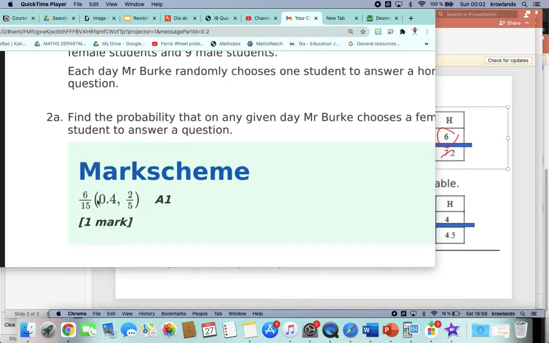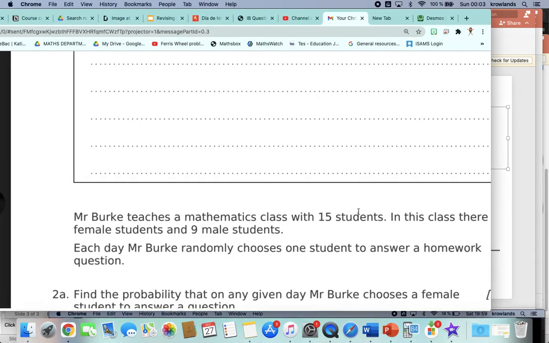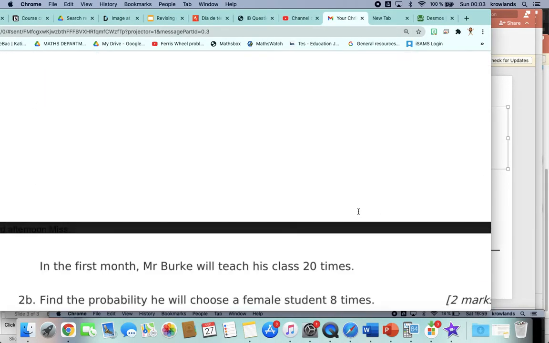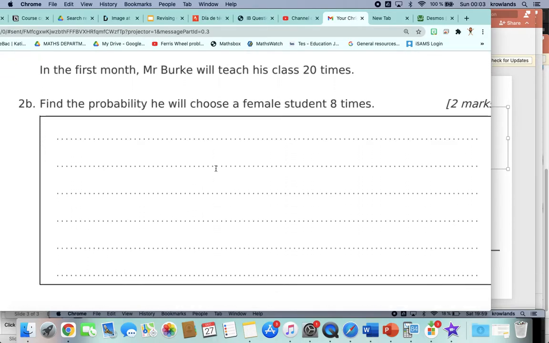For this course, you do not need to simplify fractions unless they explicitly ask you to do so. So only do this if you're really confident. If you write 6/15 and then your final answer is 3/5, you're not going to get the mark. The next question is to do with finding the probability he will choose a female student 8